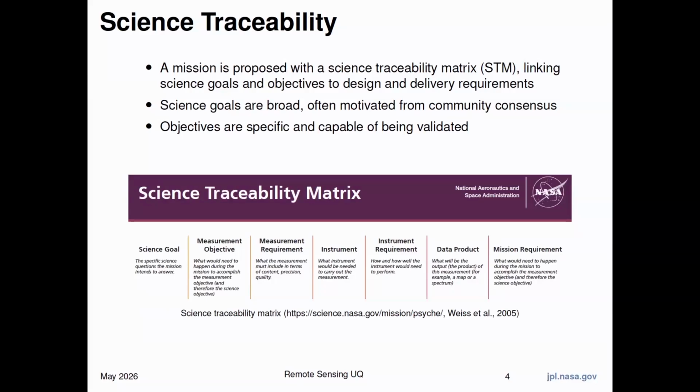So I want to talk next about this idea of traceability. When these missions are designed and proposed, a big piece of the story is what sort of science they're going to inform. They put together what's called a science traceability matrix. There's an example here on the bottom that was for the fairly recently launched Psyche mission. That's actually a planetary mission, not an Earth mission, but all of these missions have to put together this science traceability matrix. It basically starts, on the left in this figure, with very broad science goals and works its way across to actual